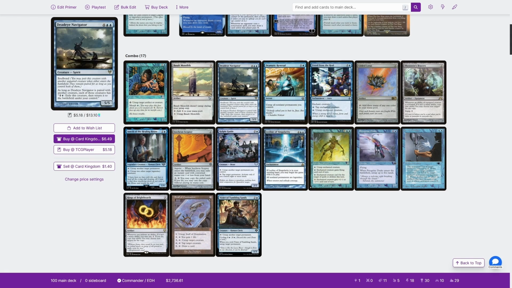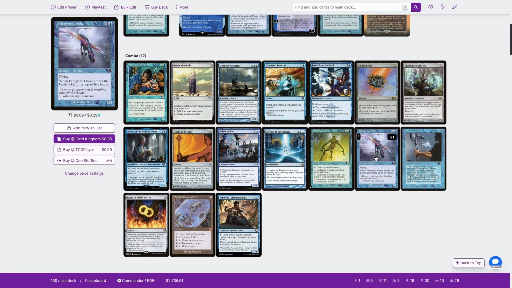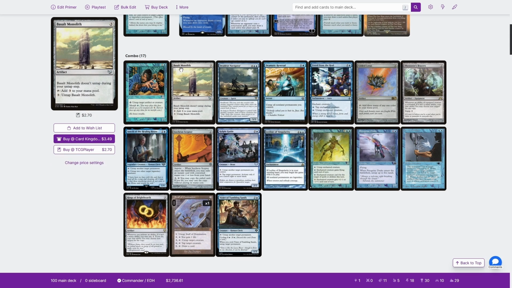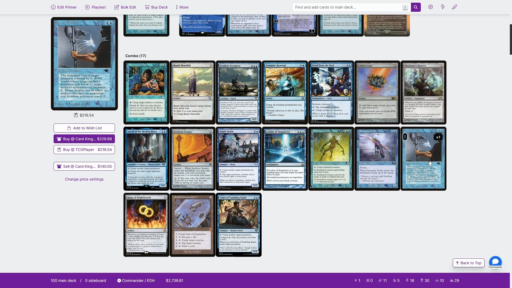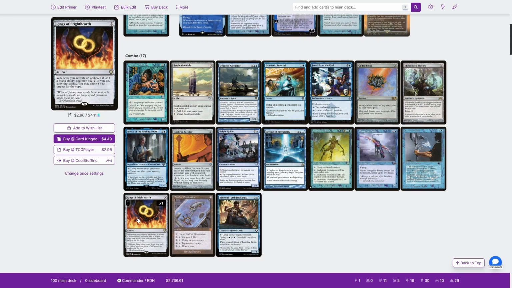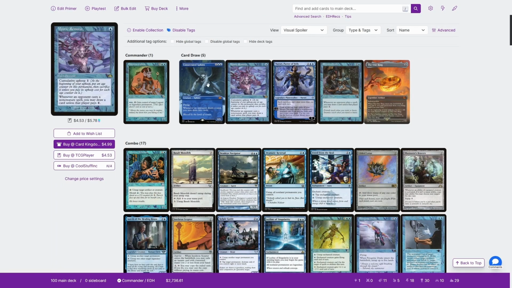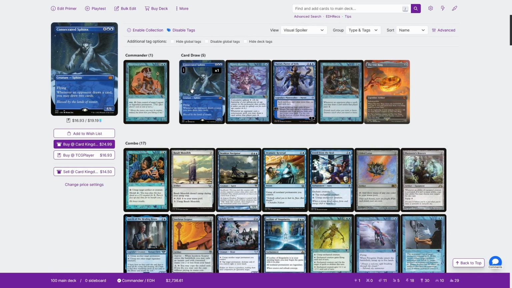Then we've got other combos like Deadeye Navigator plus Peregrine Drake to make infinite mana that way. If we have infinite mana, we can draw our whole deck with Staff of Domination. We've got infinite colorless mana via Basalt Monolith and Power Artifact, or Basalt Monolith plus Rings of Brighthearth, and so on. Then we've got cards that just straight up draw outside of any of these combos, so Consecrated Sphinx,